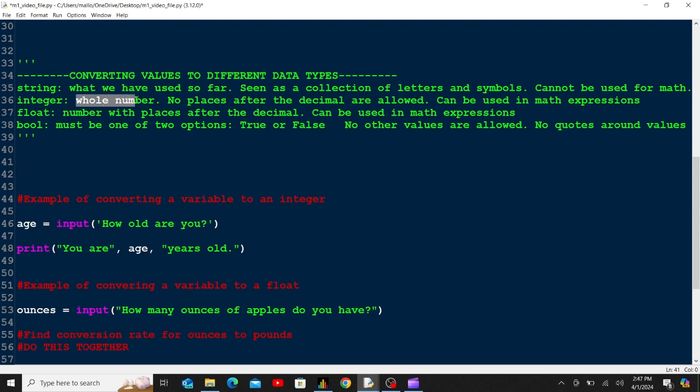An integer data type is a whole number. It does not have any places after the decimal, nor is it allowed to. It can be used in math. And then we have the float. The float is also a number data type. It is allowed to have places after the decimal. It can have 1 place after the decimal, or 100 places, or even more than that. So the only difference between the two, they can both be used in math equations, is that